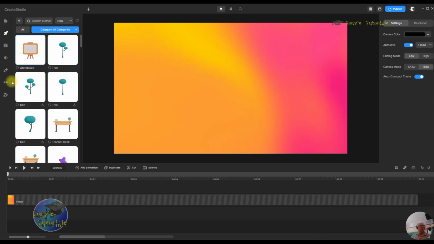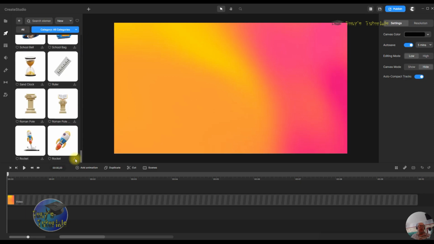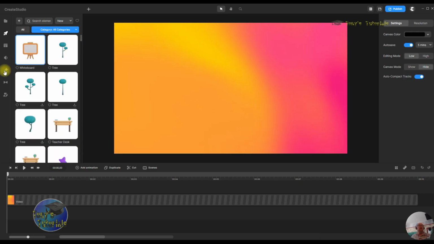So you're in the all categories section, which shows you all the icons down here, but there's a hell of a lot of them. So if you wanted to find something in particular, you could either scroll through the lot, scroll through different categories, or do what I'm going to do now, which is search categories. Well, search element, and I'm going to put clock in. So we've got a clock, and here's the clock that I want, so I'm just going to drag that on